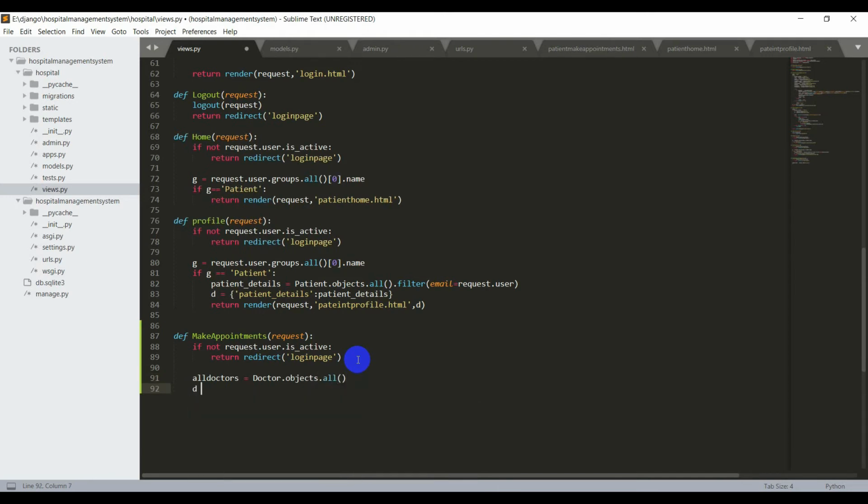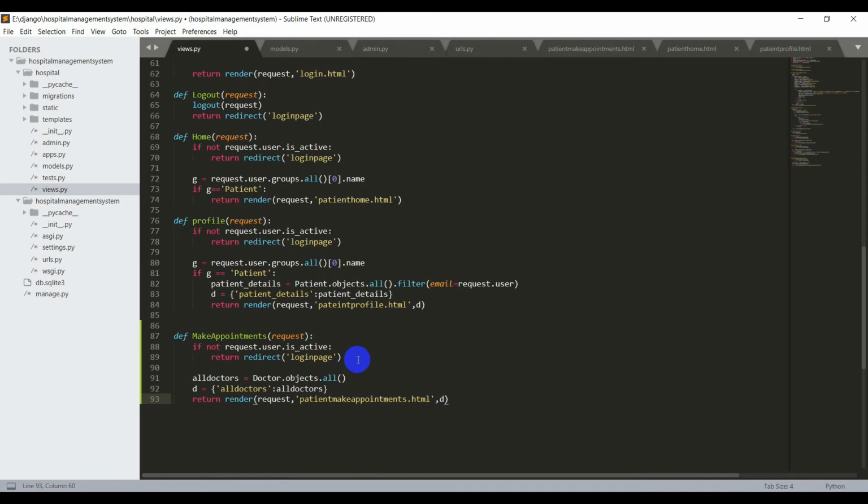For that I'll create a dictionary as d is equal to, the key will be all_doctors and the value will be also all_doctors. And now I'll send this dictionary as the third parameter of the render function. That is a return render of request, comma, patient_make_appointments.html, which is my template name, comma d.